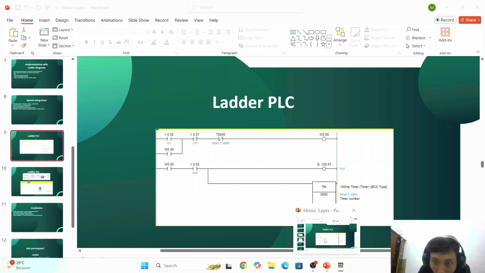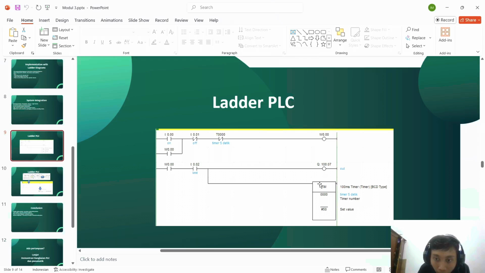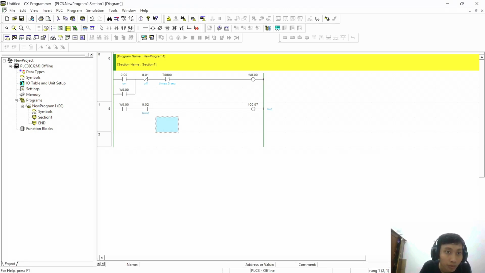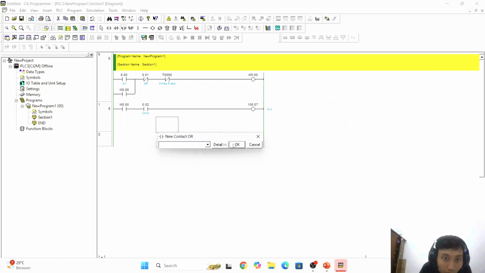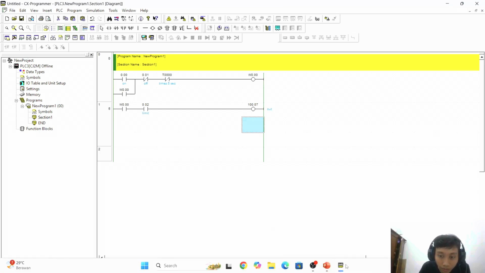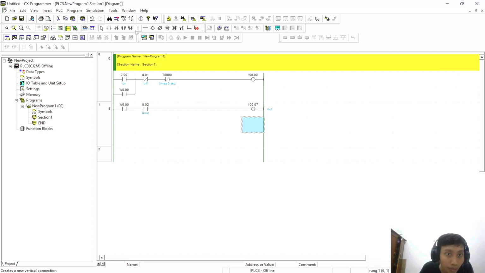Now we will input the set timer value. Maybe we will use a new contact OR. Use the PLC instruction.